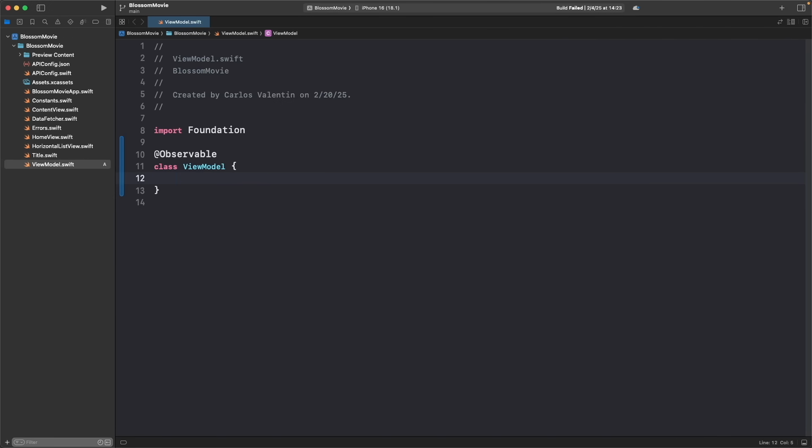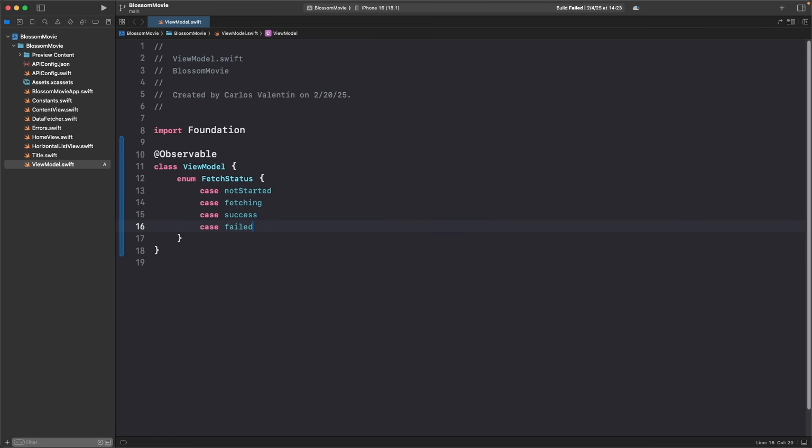Inside our view model class, we'll define an enum to represent the different stages of the fetching process. enum FetchStatus { case notStarted, case fetching, case success, case failed(underlyingError: Error) }